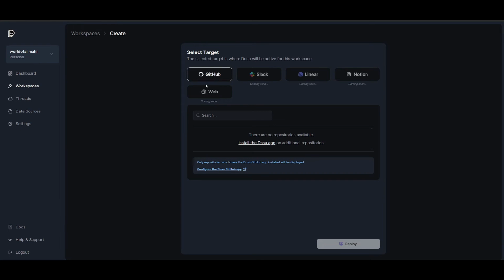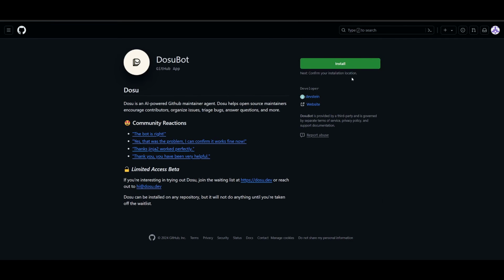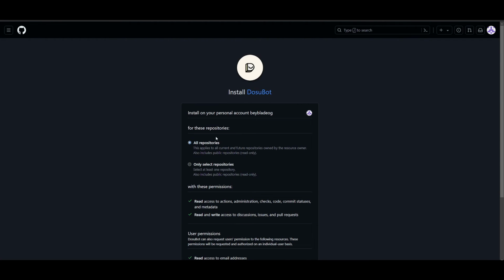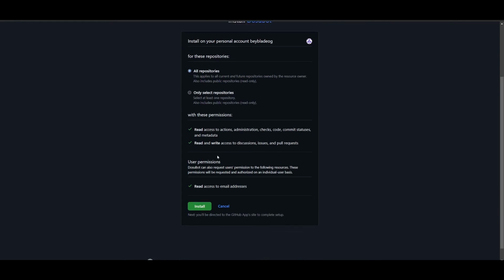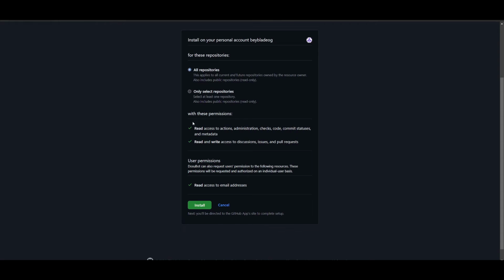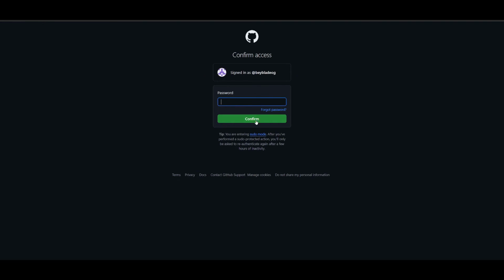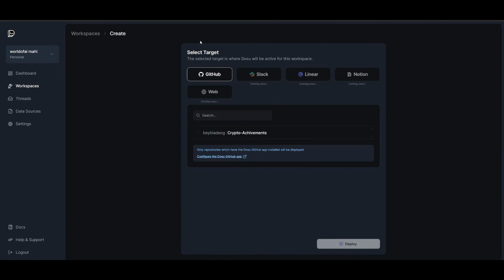So what you'll need to do first is install the Dosu app, which we saw previously. This is the app where you can install it. You can then install it to all the repositories or only a select few of repositories. You can just read through the permissions that you're giving and do it at your own discretion, but it's completely safe, so you don't have to worry about it. You can then simply click install, log into your GitHub account, and then you will have your GitHub repository connected